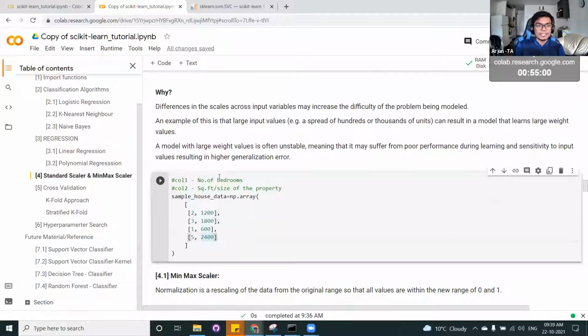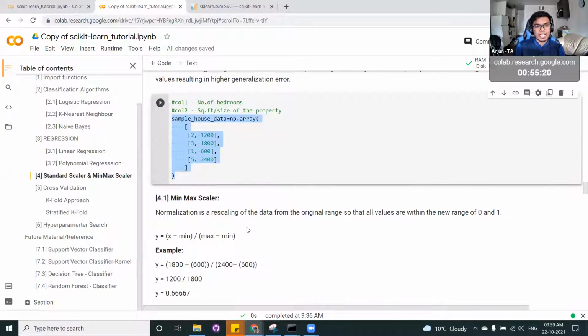If you don't use standard scaler, there might be a chance that the parameters, the w's, might overshoot or explode. Generally, that's where we have two strategies to handle this kind of scenario.